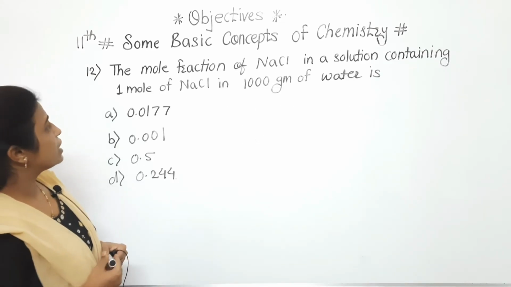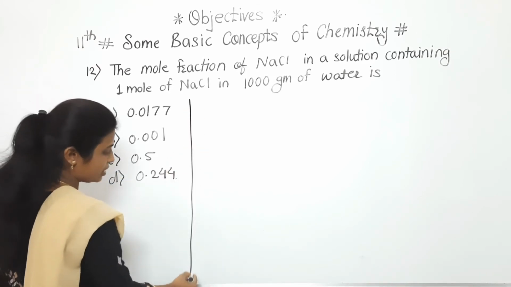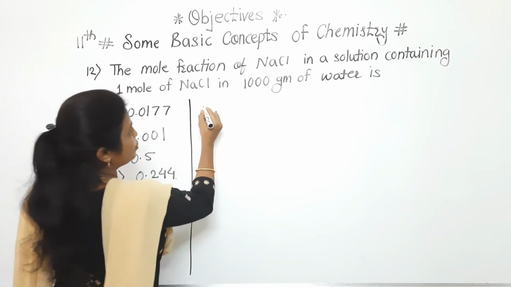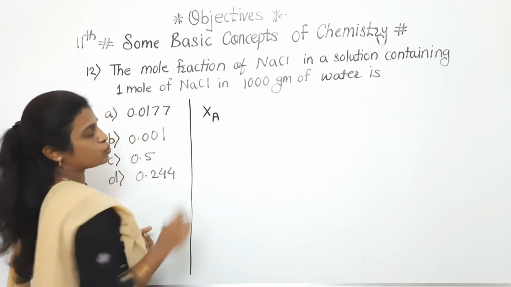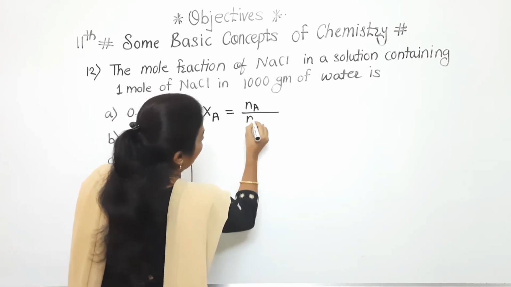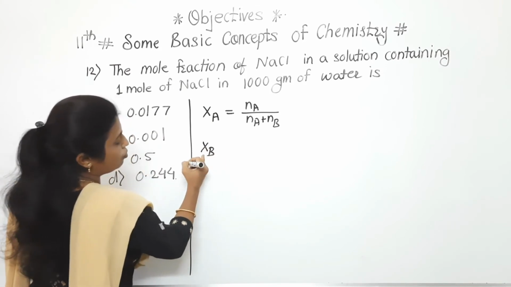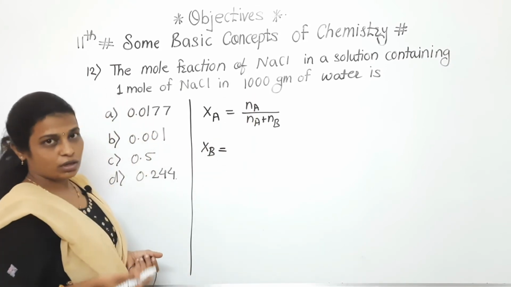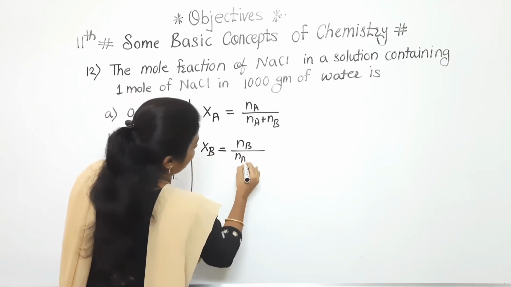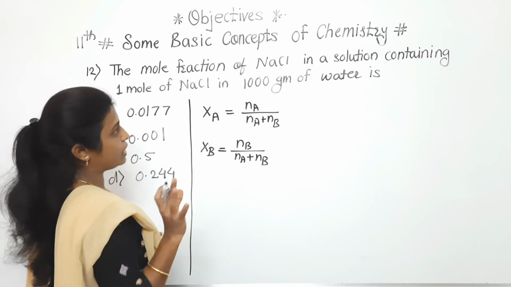The third problem is related to mole fraction. You might say, ma'am, you have not read the problem completely, but in the beginning itself we see mole fraction, so we should know that formula. The mole fraction of the solute is XA, equal to the number of moles of solute divided by the number of moles of solute plus the number of moles of solvent. XB is the mole fraction of the solvent. I don't know exactly whose mole fraction we have to find, but we should know both formulas, so we revise them here: Na plus Nb. These two formulas are important.